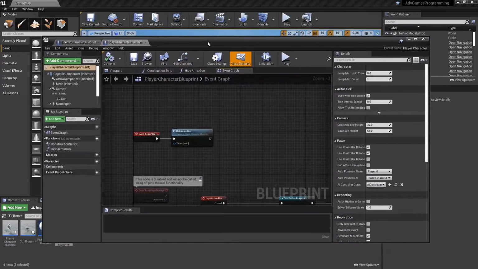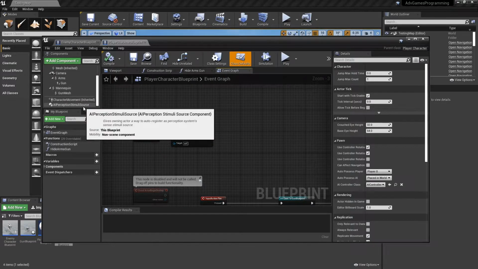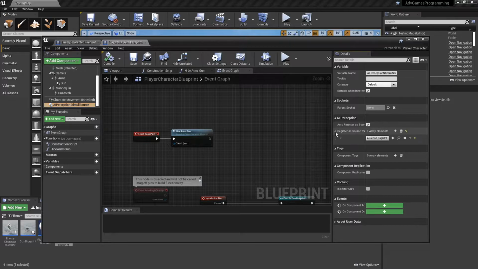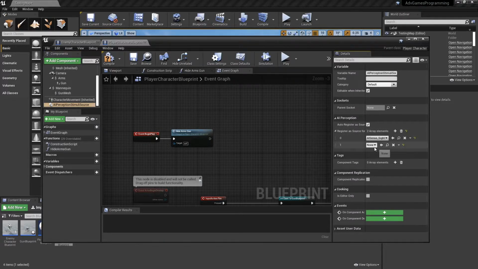Much like before, we're going to go into the left side and then AI perception stimuli source, and then we're going to go to AI perception, and we're going to go to register as source. We're going to add one more array element, and that's going to be AI sense underscore hearing. We're going to compile this blueprint, and then we're going to head down to the fire function, and we're going